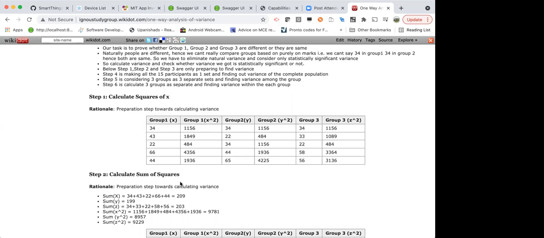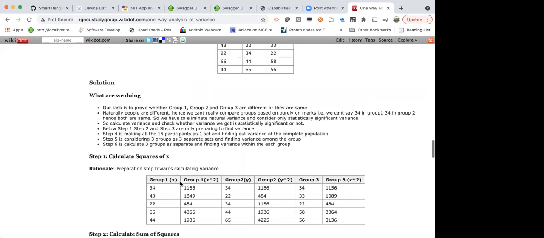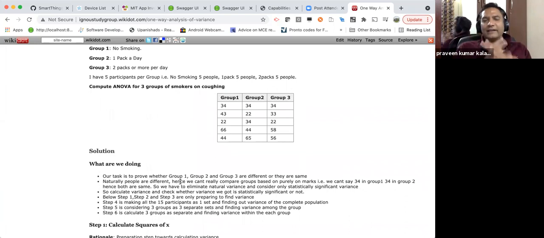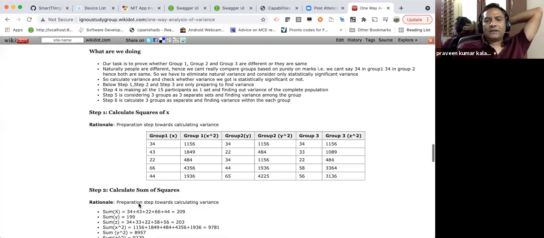Yes. Okay, fantastic. So now coming back to ANOVA again. As I said, ANOVA is all about finding the variance and then determining whether there is a difference between group 1, group 2, group 3 and group 4. So now we are going through the procedure of how exactly you are going to find the variance when you have three such groups. It is not about one single reading where you find the variance for all of them. So what do you do?